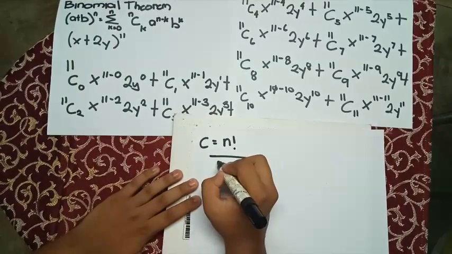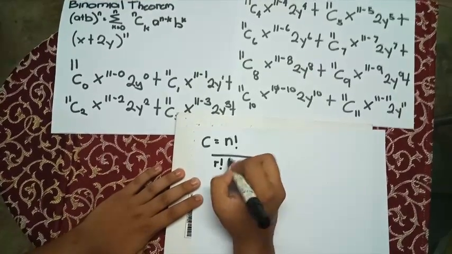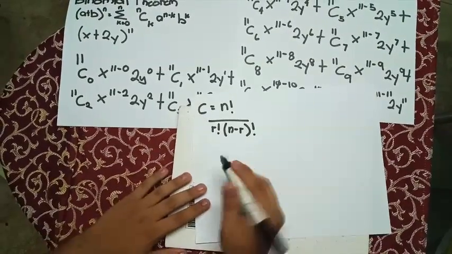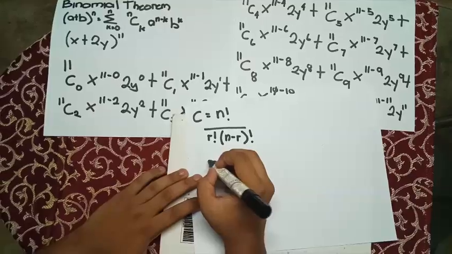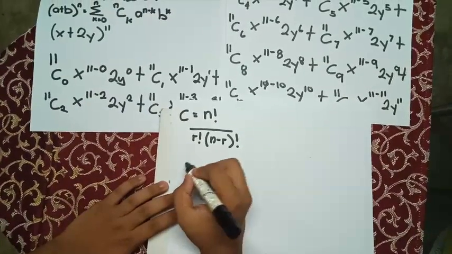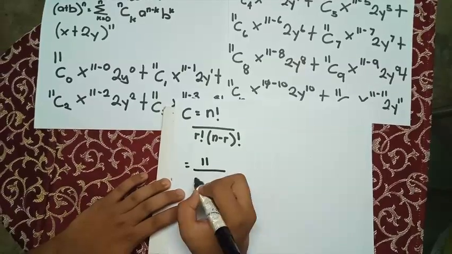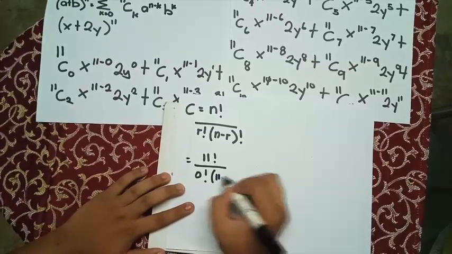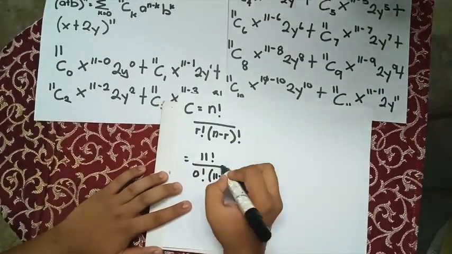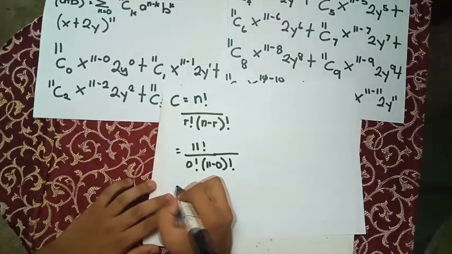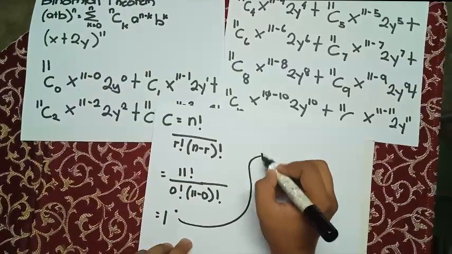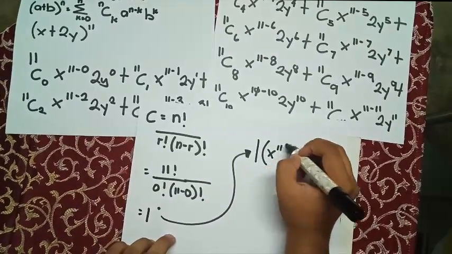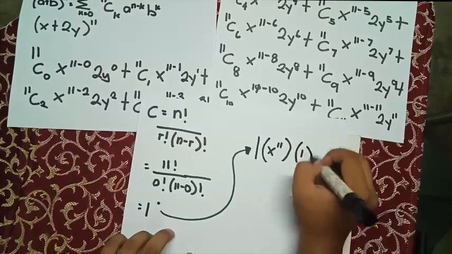After that, use the combination formula that C equals n factorial over r factorial times n minus r factorial. Then, the first term will become 11 factorial over 0 factorial times 11 minus 0 factorial, and that equals 1. And the first term will become